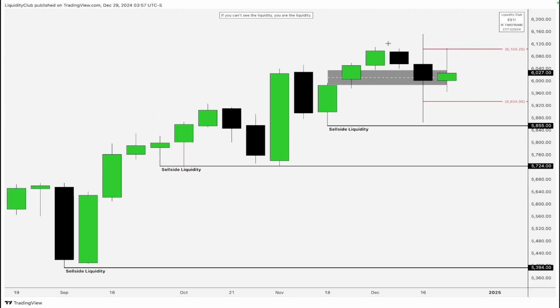Going to ES, here I'm viewing the continuous contract and I'm viewing the weekly time frame chart. The price is still in between the consequent encroachment of that premium wick and discount wick, so if price wants to continue running up higher, I need to see price break one of these ranges here. If price closes below any of these levels on a daily time frame chart basis, I'll be expecting it to continue in that direction.